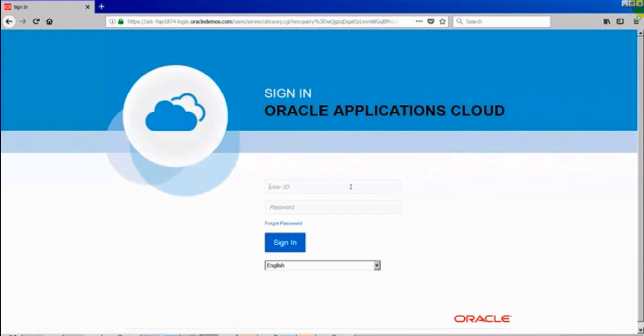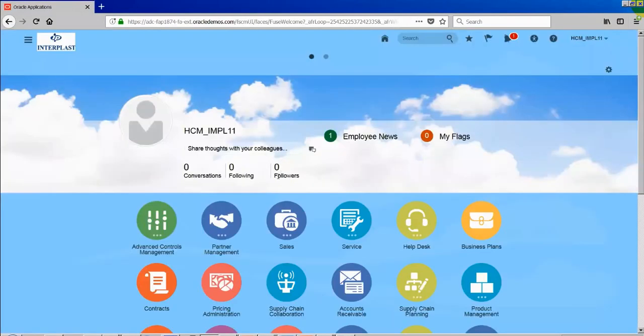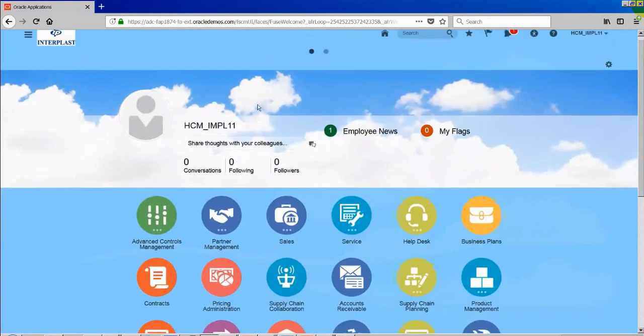Okay. So as I said, Oracle gives the URL to us. Once they give the URL, they also provide the username and password to us. Let us assume they have given some username and password like this. I will talk about several usernames and passwords in upcoming sessions. Okay, so we are into this Fusion application.